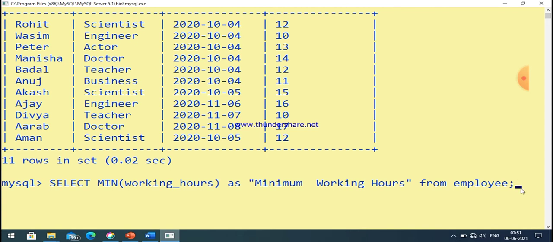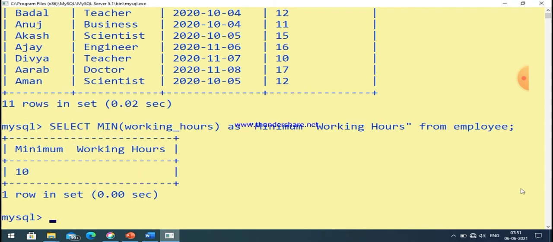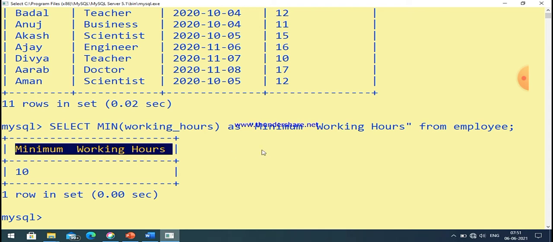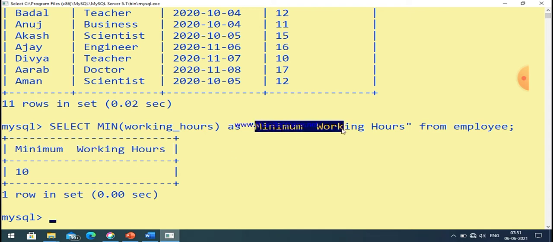Just press the enter key after that, and you can easily see here 10 is the answer. Minimum working hours is the name of the column, and 10 is the value.